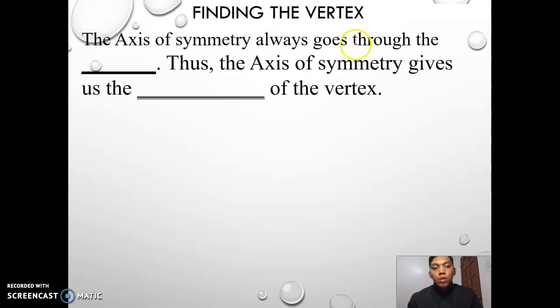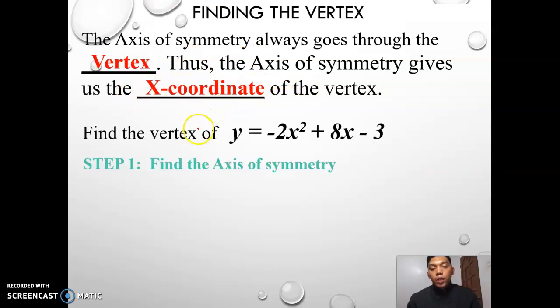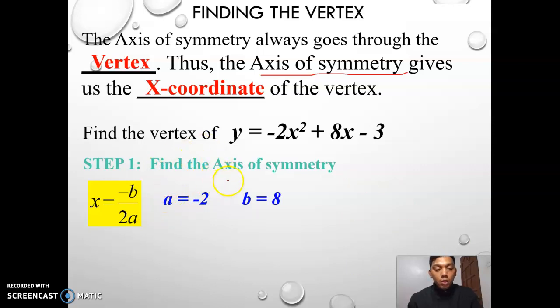So the axis of symmetry always goes through the vertex. Thus, the axis of symmetry gives us the x coordinate of the vertex. This means that if you have the coordinates of the vertex, then you just use the x coordinate of it, and it will serve as your axis of symmetry. So first you have to find the vertex. The other way of finding the vertex, aside from transforming it to the vertex form,